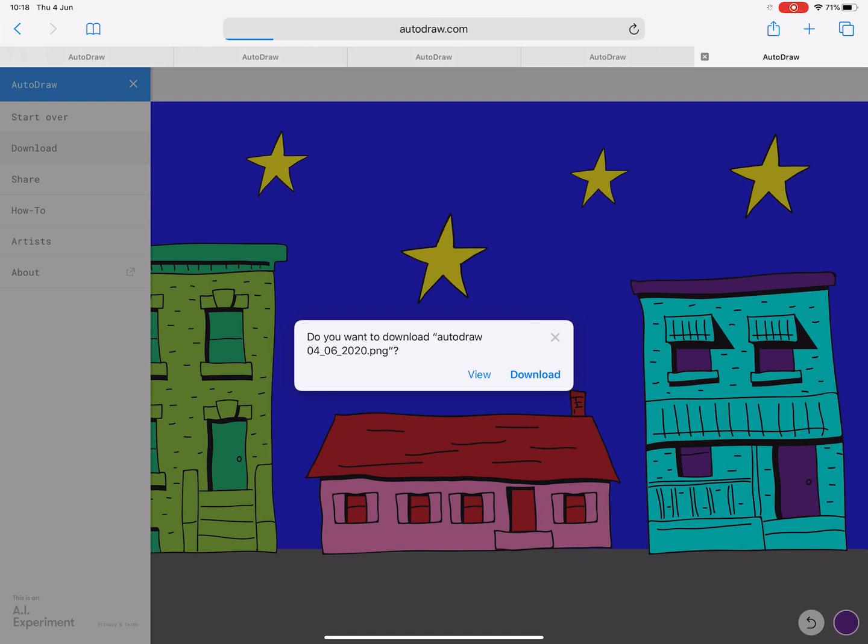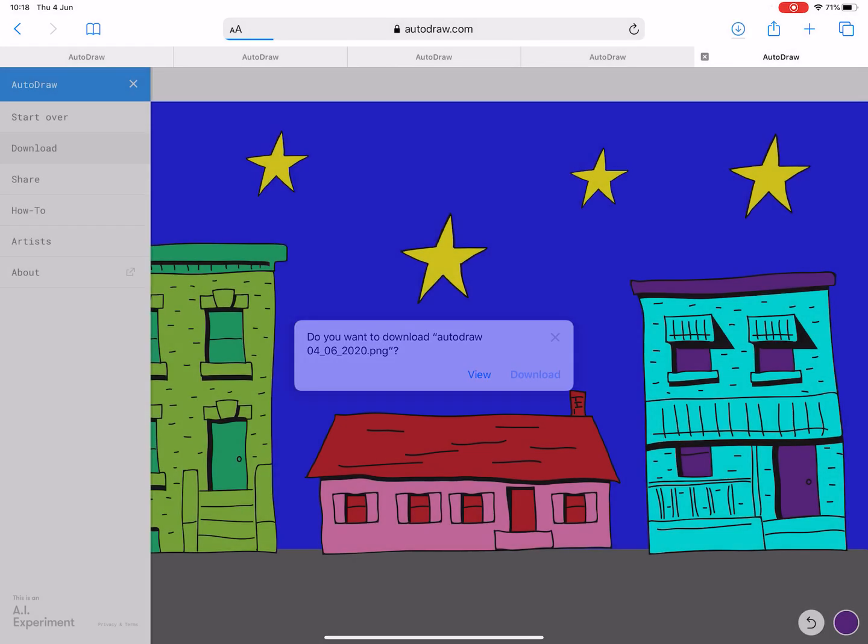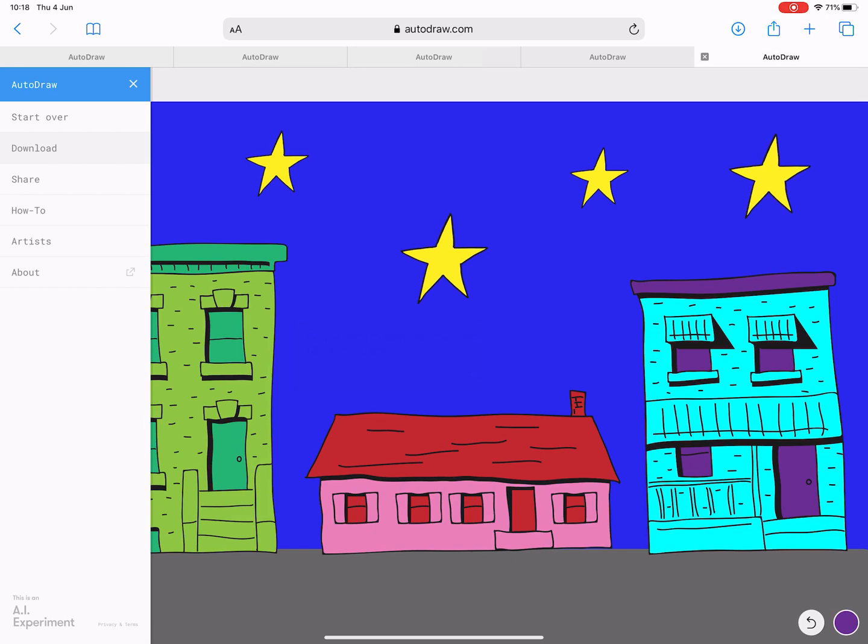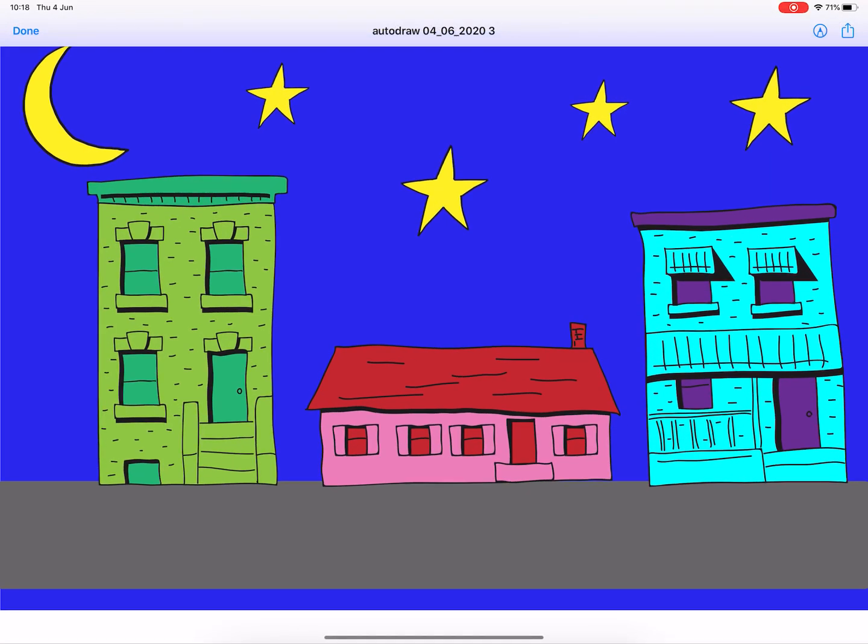So press download. As you press download, take a look at the top right-hand corner of your screen where the battery sign is, and you will notice a new icon comes up. It is a circle with an arrow facing down in it. Press that and it will tell you about the downloaded image. Click onto your downloaded image to check it's there. It is there. And to ensure that you definitely have this saved, I want you to save it to your